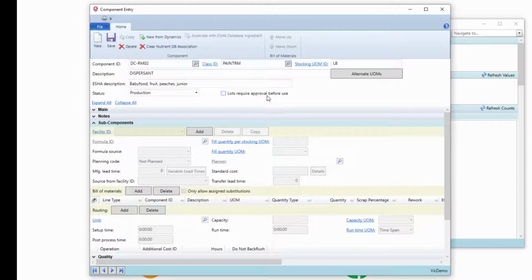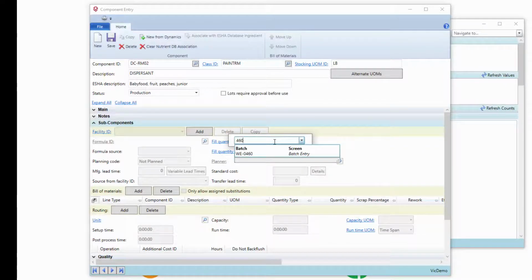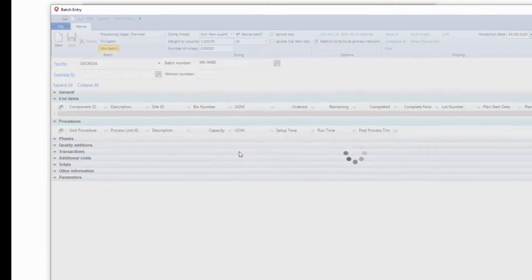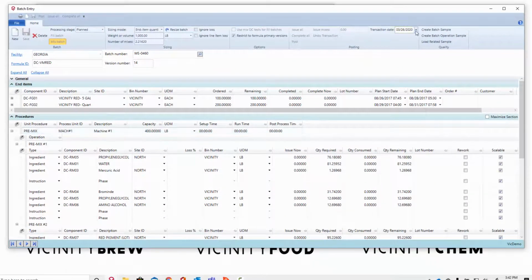Let's say I'm working on this and somebody says, hey, can you look up batch X, or you want to go somewhere else and look up a lot or something like that. You can use a keyboard shortcut, which is Ctrl-Space bar. Hold down the Control and hit the space bar, and it brings up this same lookup we were just talking about. So I can say 460 and pull up batch, and it again launches batch entry and opens that specific